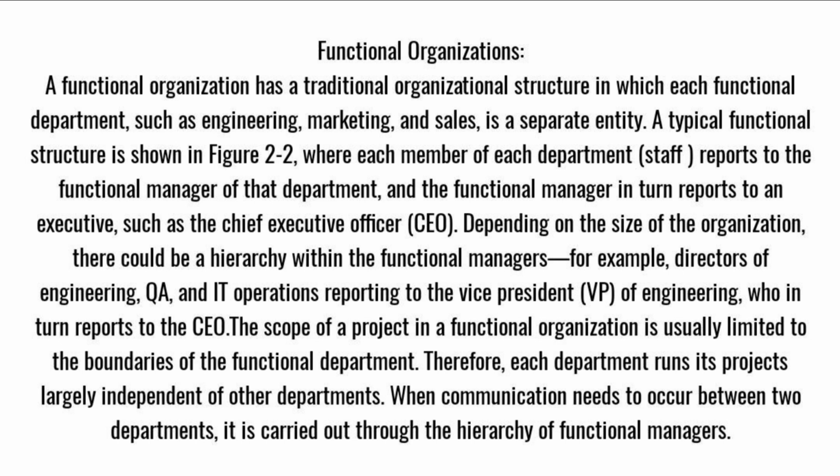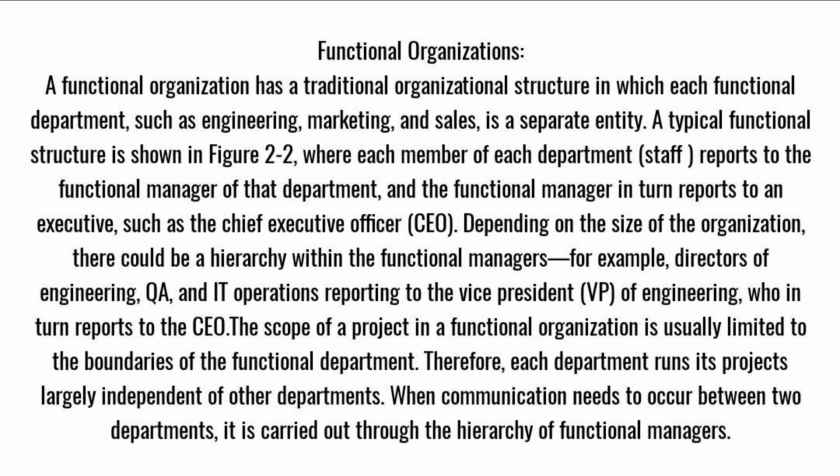Functional organizations. A functional organization has a traditional organizational structure in which each functional department, such as engineering, marketing, and sales, is a separate entity. A typical functional structure is shown in Figure 2.2, where each member of each department, staff, reports to the functional manager of that department, and the functional manager in turn reports to an executive, such as the Chief Executive Officer, CEO. Depending on the size of the organization, there could be a hierarchy within the functional managers. For example, directors of engineering, QA, and IT operations reporting to the Vice President, VP, of engineering, who in turn